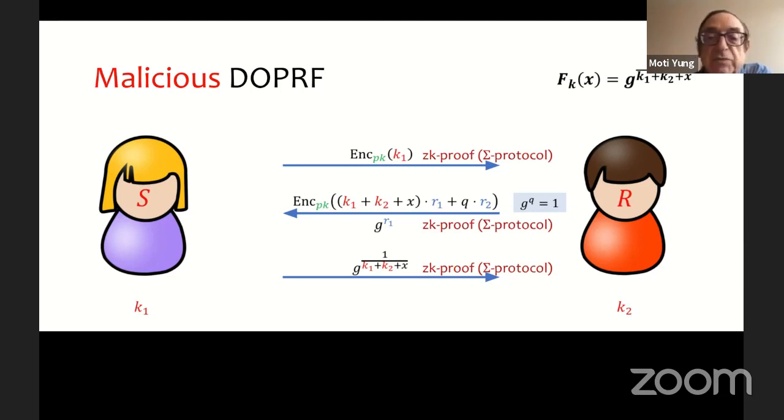accompanied by zero-knowledge proofs. So you have a commitment to K1, you prove in zero knowledge that you send an encryption of K1 under your own homomorphic encryption. And every action has its own zero knowledge proof. And this is how we get it to be malicious. There are various details that you have to read about, but I gave you hints.